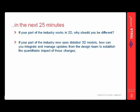Second part, we're going to talk about what happens if your part of the industry now uses detailed 3D models. They're coming through from your different design consultants and the like. How can you integrate and manage the updates from the design team to establish the quantifiable impact of those changes? I'm sure we all really love revisions. We've had plenty of those over the years with your drawings coming through, and how do you manage the same kind of scenario when you're working with 3D models? Not quite as straightforward as checking off clouded revisions on a drawing,